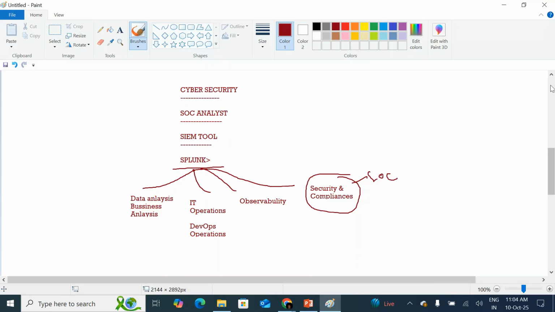So many people are failing outside. So many people are learning SOC analyst or cybersecurity analyst. They are failing on the tool only. They are concentrating on the process. Yes, process is important, sir. But without knowing the tool, what is the importance of knowing the process? Tool is more important. So many people are thinking that ChatGPT is killing every job.